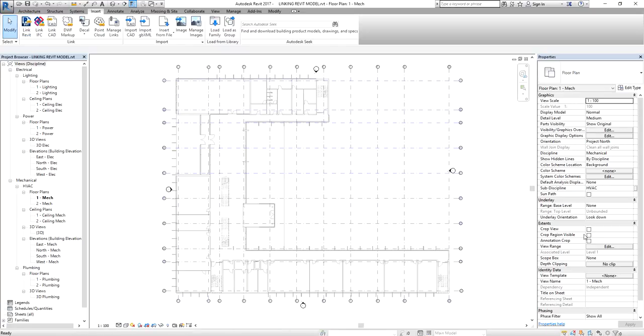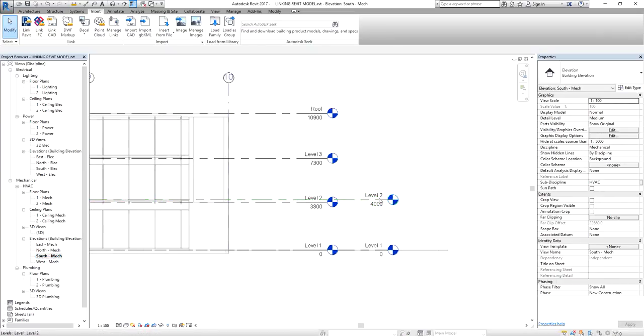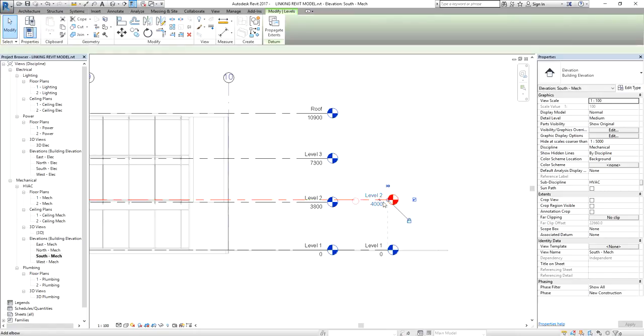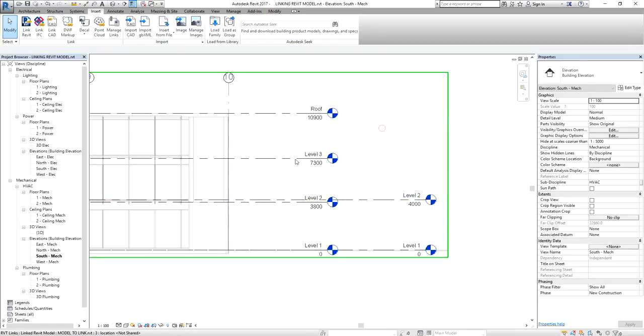After I link the Archi model, I'm going to check the levels of my M&E and my architecture, to see if they have the same levels. Let's say I open SouthMech. I notice that my host level, this level 2, is my host level, and this is my link model.